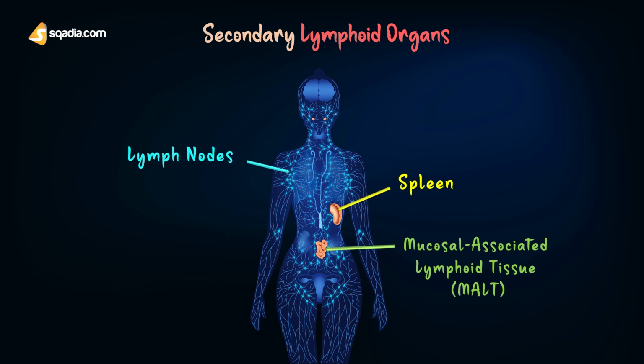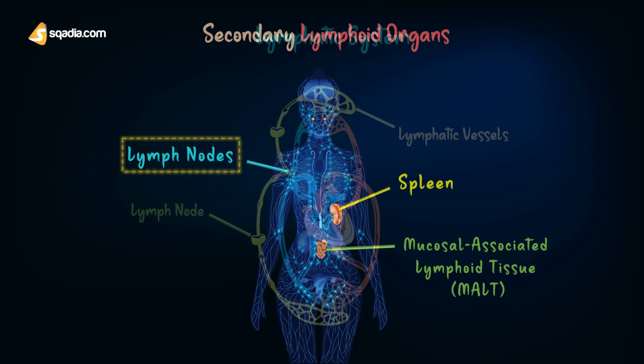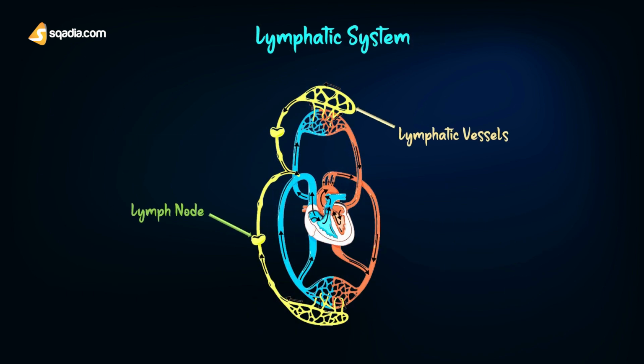The first secondary lymphoid organ that we will be talking about is the lymph node. Lymph nodes, or glands, are bean-shaped organs that constitute the main bulk of the organized lymphoid tissue. They are 1 to 15 millimeters in diameter. They are strategically placed so that lymph from most parts of the body drains through a series of nodes before